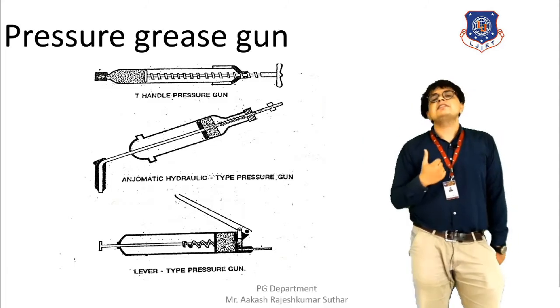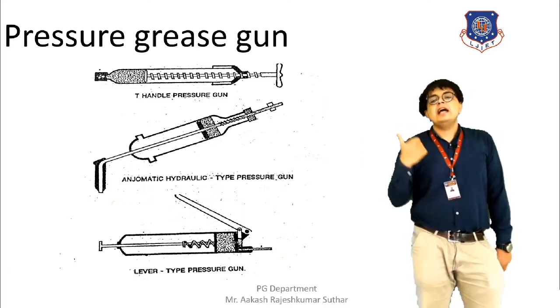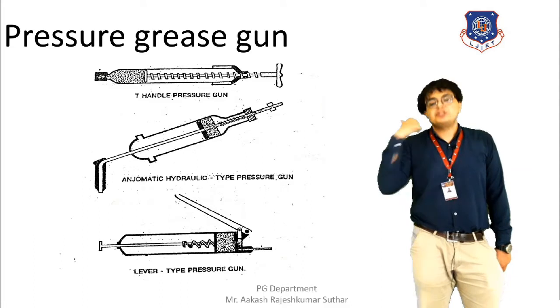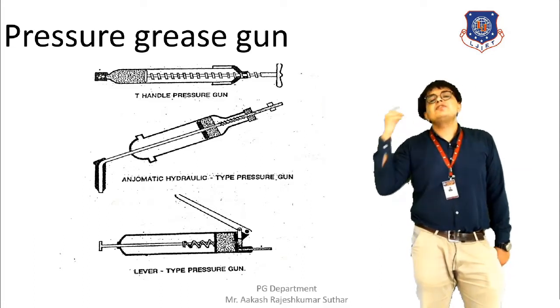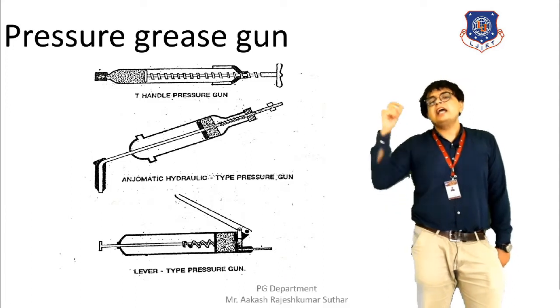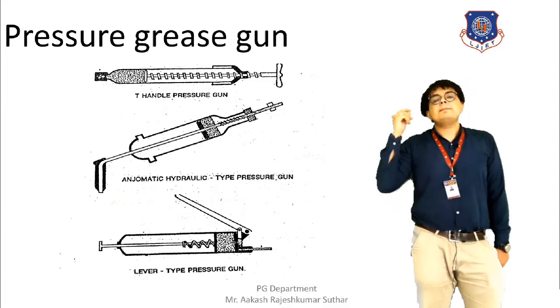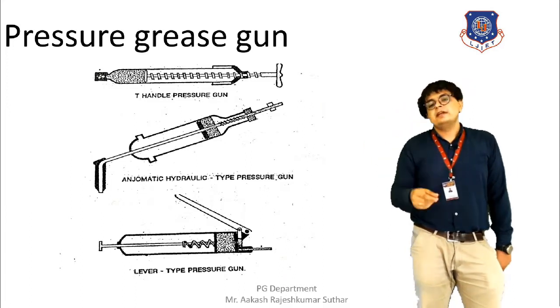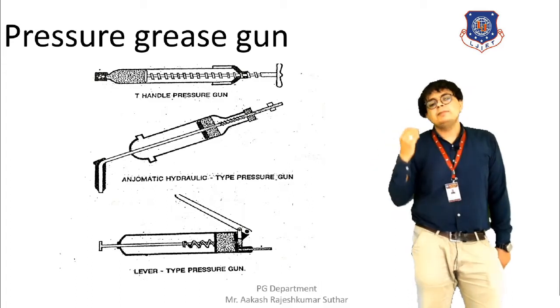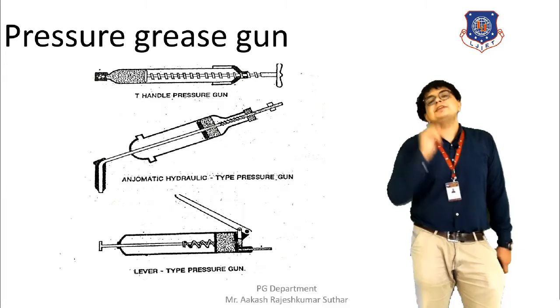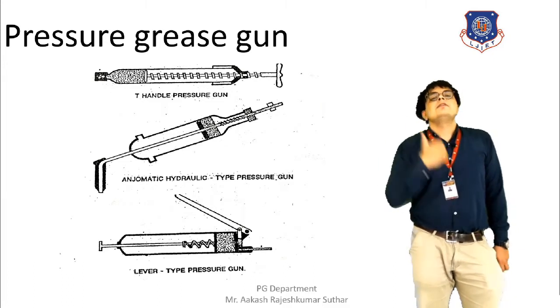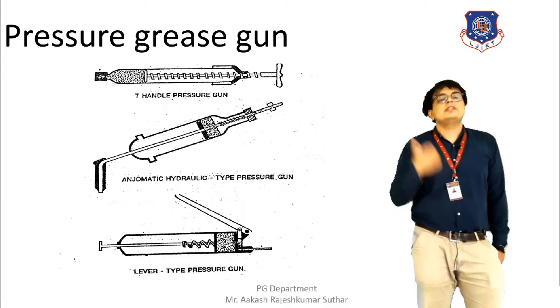Here we have the second figure where we are using the hydraulic machine. The grease is filled into the equipment, and with the help of hydraulics we are applying the pressure on this grease, and as a result of this it will be moved to the required destination. It is ejected with a high pressure, and ultimately we can apply the grease to the required destination.